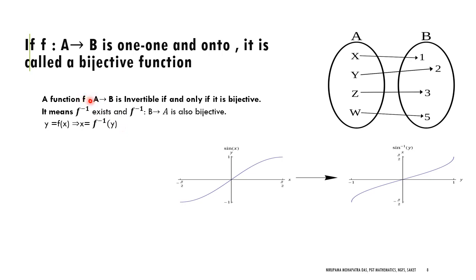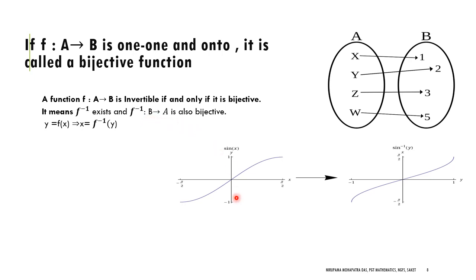So if f is a function from A to B and that is invertible, f inverse will be a function from B to A, right? And it is also bijective. Okay, and how to evaluate? If y equal to f(x), it implies x equal to f inverse(y). So here basically we interchange the pre-image and image. When we write y equal to f(x), y is dependent, x independent. Here x equal to f inverse(y), so x is dependent, y independent. So that is the whole scenario basically. For that reason, f inverse is a function from B to A.